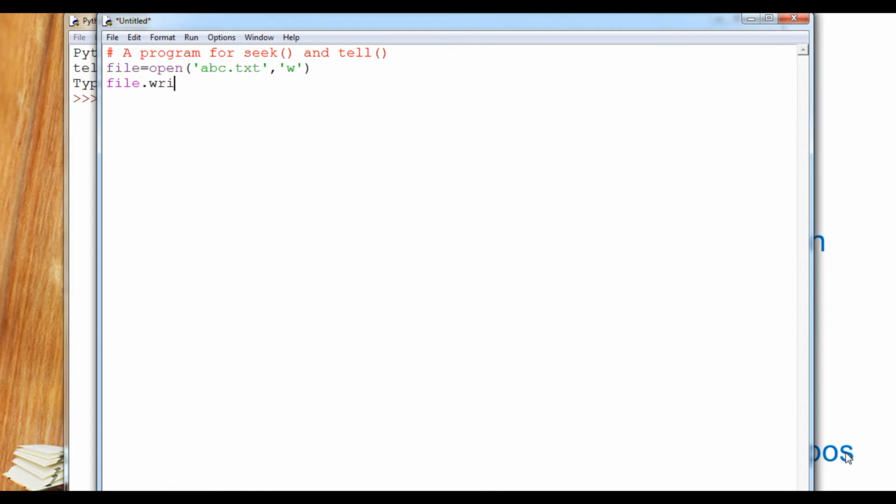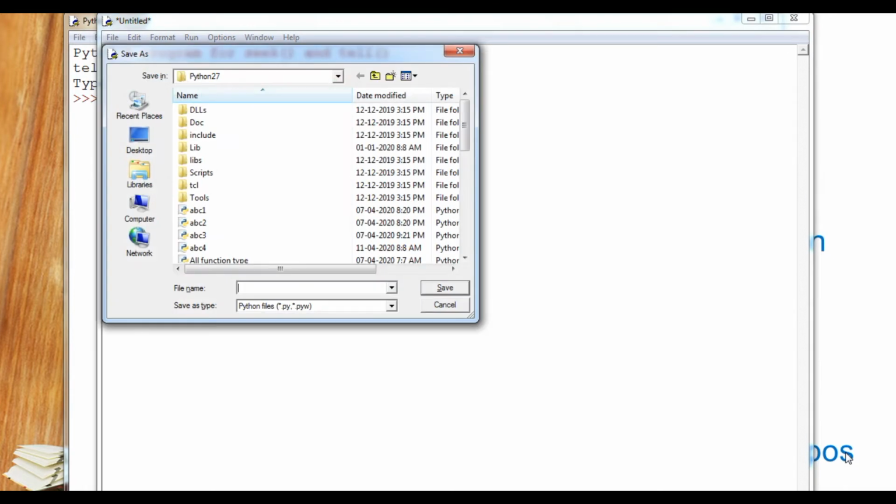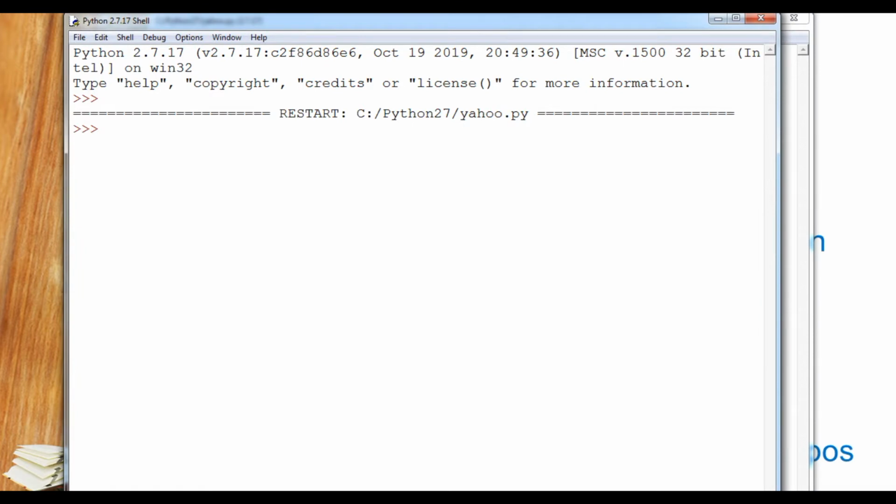Then file.write, within double quotes I write, hi, this is my file, along with a full stop, then file.close. This is really simple, as we did in the earlier practice. Nothing will print because I have not given any command for printing.